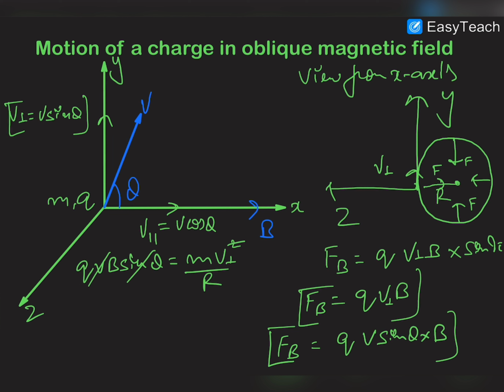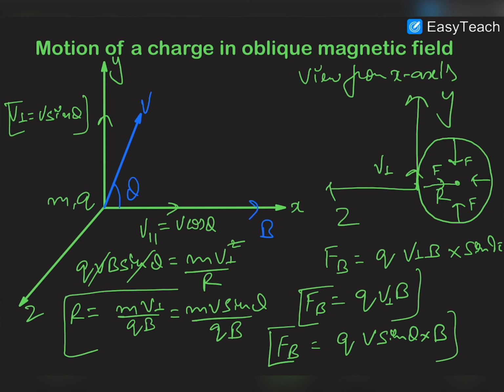So cancelling this V perpendicular with V sin theta, we can say that radius of the trajectory would be M V perpendicular upon QB. So radius of this circle would be M V sin theta by QB. This is the radius. Now you should note a very important thing, that we have ignored this V parallel due to the fact